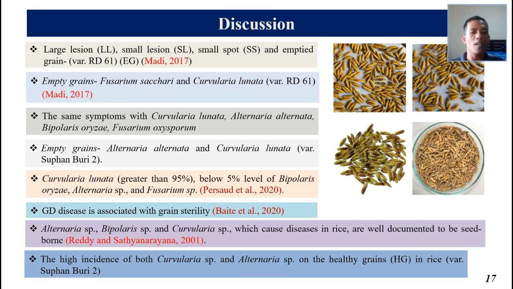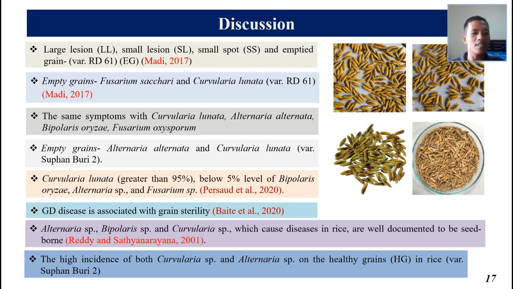There have been a lot of papers dealing with grain discoloration diseases. And in 2017, Medin also studied each type of lesion of the green discoloration symptom. In our study, we also have the same lesion symptoms. But in our study, Alternaria alternata and Curvularia lunata are the most deleterious fungi in varieties of Amoritu.